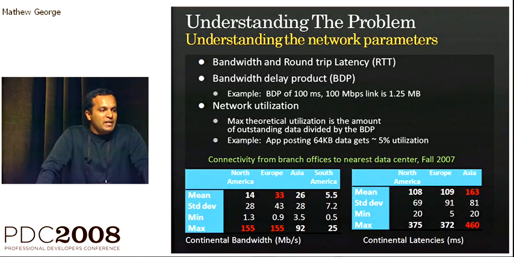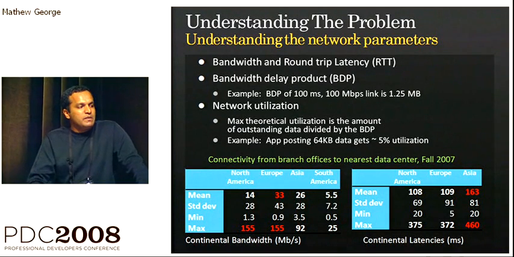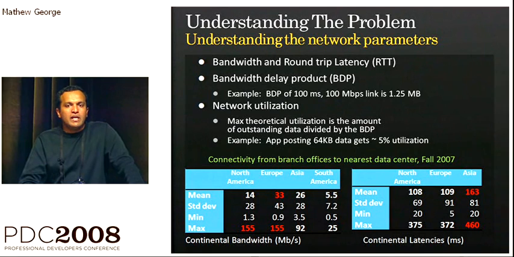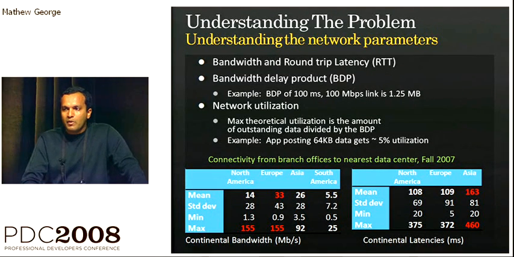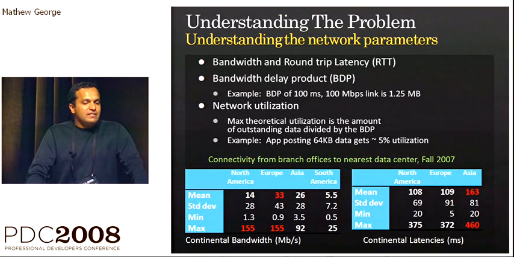And an important parameter here is the product of the bandwidth and the round-trip latency. That's called the bandwidth delay product. It's a very important measure. And here is an example. You have a 100 millisecond link of throughput 100 megabits per second. And you multiply those two, and you get 10 megabits, which is roughly equivalent to 1.25 megabytes. And network utilization